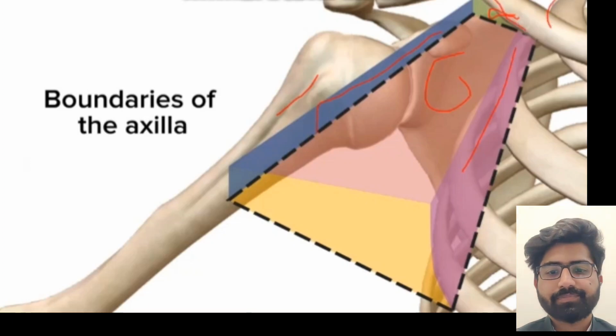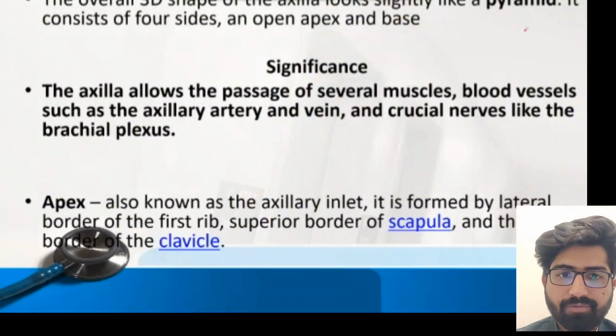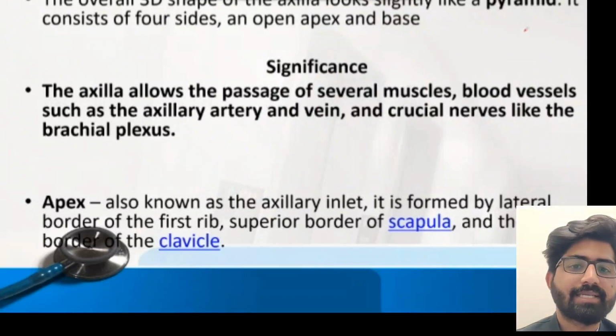the clavicle. The overall 3D shape of the axilla looks slightly like a pyramid. It consists of four sides and an open apex and a base. What is the significance of the axilla? It allows the passage of several muscles, blood vessels such as the axillary artery and vein, and crucial nerves like